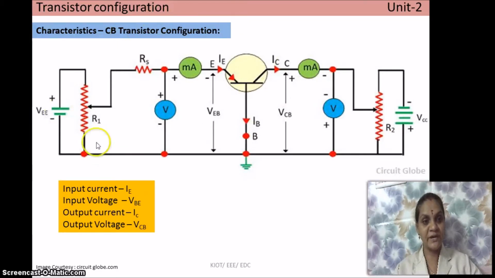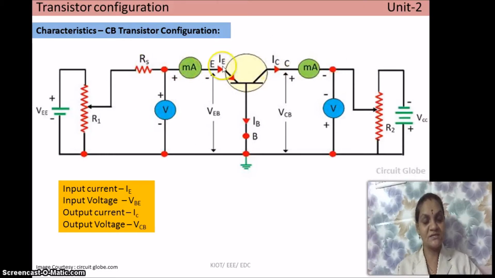This is the circuit diagram for the common base configuration of a transistor. In common base, the base terminal is kept common between the input and output. The left side is the input side and the right side is the output side, and here the base terminal is acting as a common terminal between the input and the output. That's why this is called common base configuration. I already informed you, emitter and the collector terminals are always opposite to each other. In common base, the emitter is kept on the left side, and the collector is on the right side.